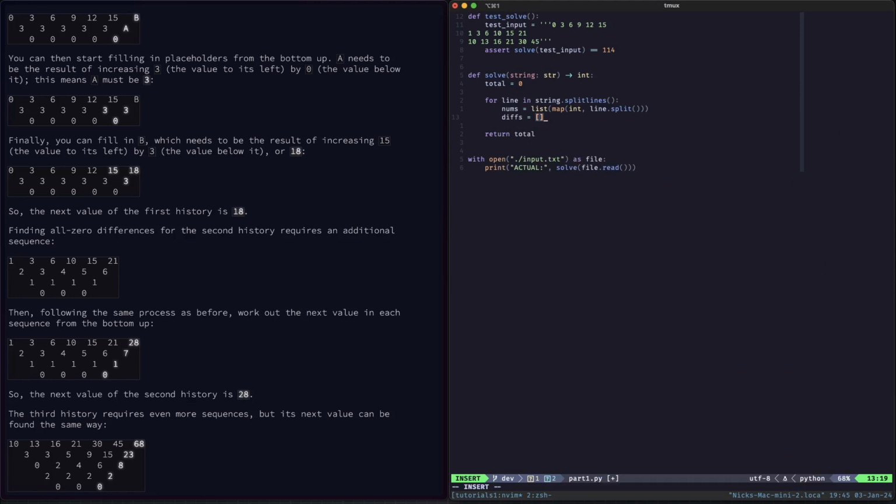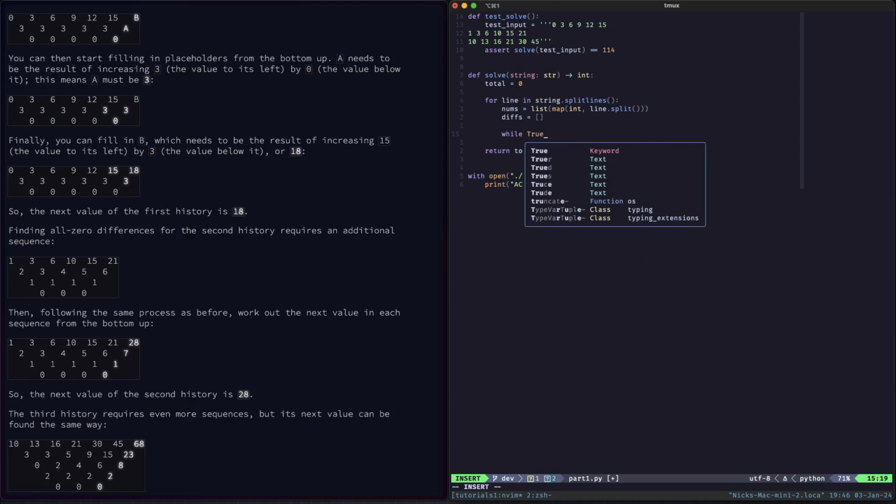Oh, sorry, a list. I remember we're doing Python. Okay, so we're just going to keep going over the same thing until we get to all of them are 0. So we can either do this recursively, which absolutely we could do, or we could just do a simple while loop, which I think is the approach that I'm going to take. So while true,